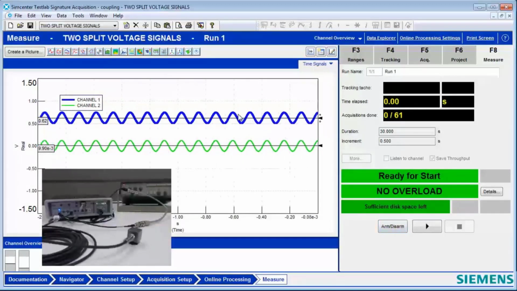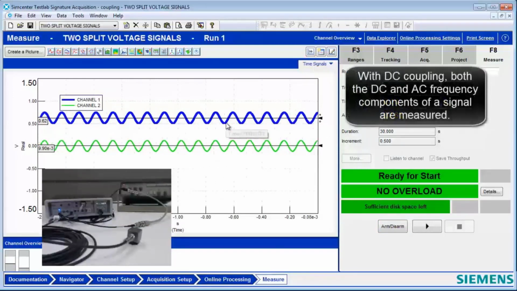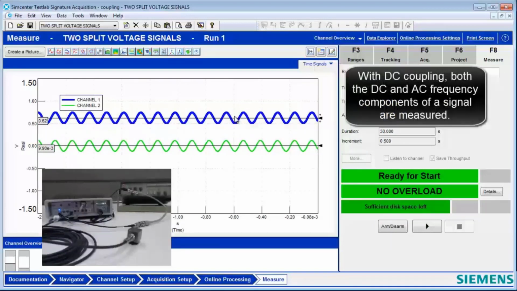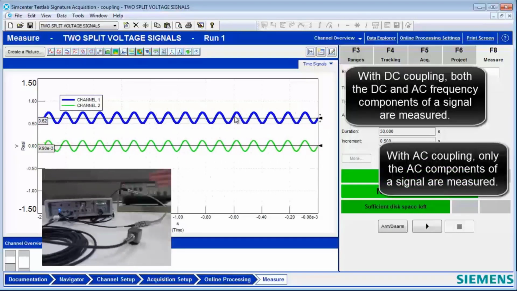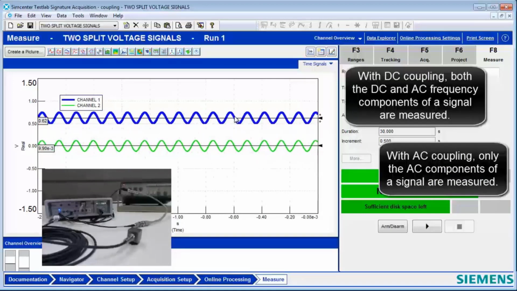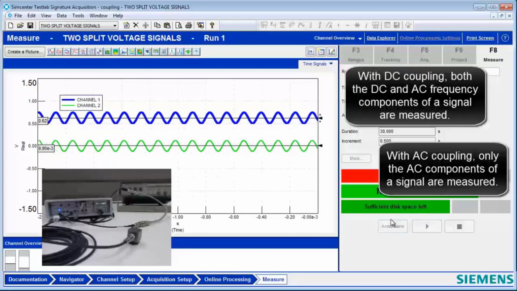One of the signals with the DC coupling still sees the DC offset and the fluctuating component, the AC, right? And what happened to the green one, Tom? The green one's only measuring AC, so it doesn't measure the offset, which is the DC component. It only measures the amplitude. So there's actually an offset on the green channel, but we can't see it because we set the mode to AC coupled. Correct. Interesting. I guess this might apply to accelerometers.